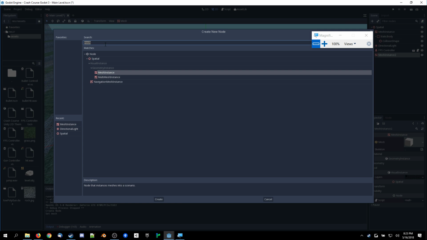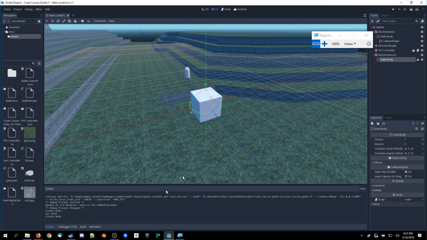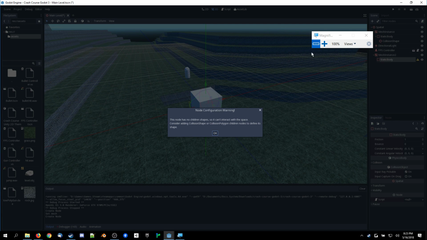And then that created a static body. So we're going to look for the static body here. Here it is, static body. We're going to create that. And then right now, if you selected that, it's complaining at you, hey, this node has no children's